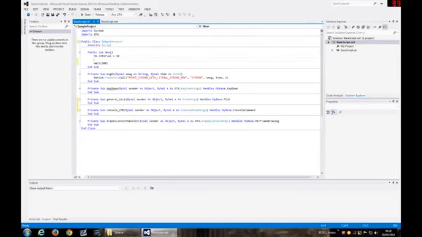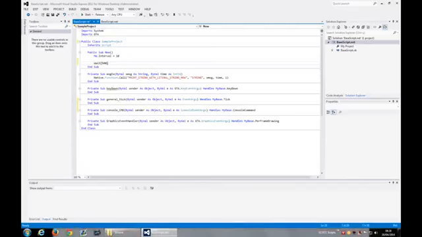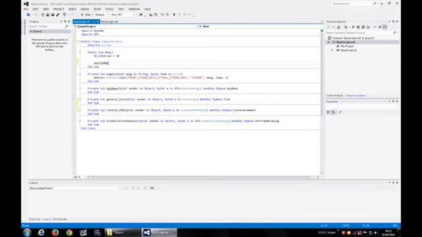This means that when the script starts, this method here will be called, and here we can do things that need to be done when the script starts, like reading .ini variables and setting default values. This is up to your script.